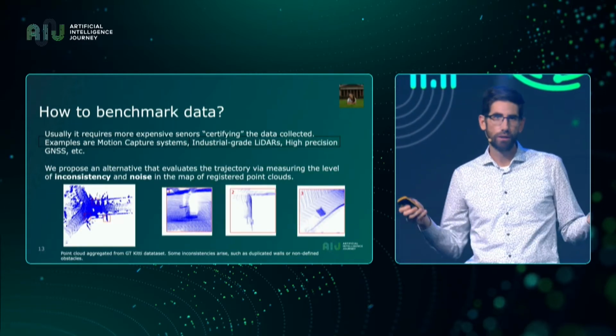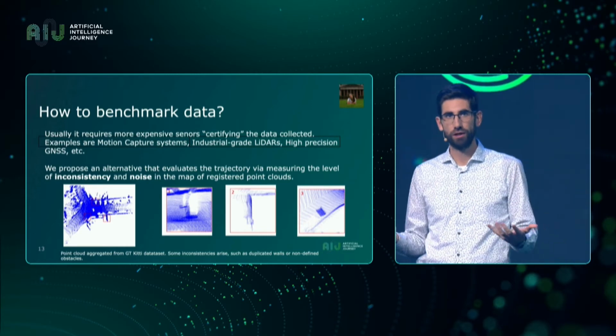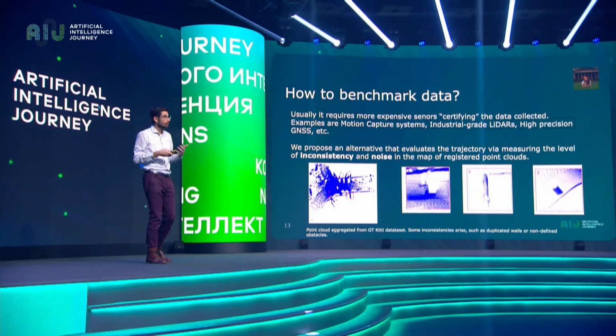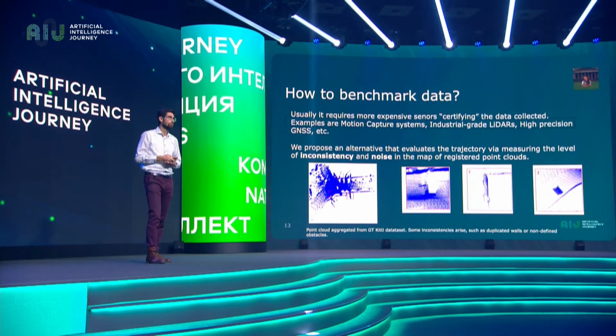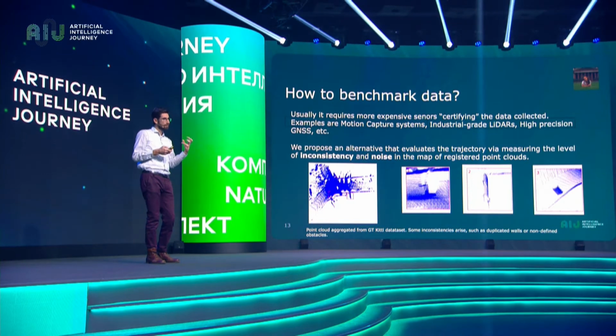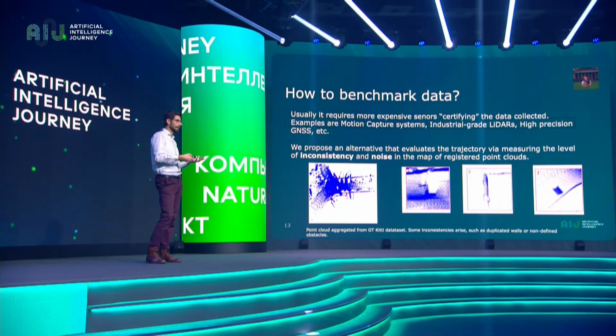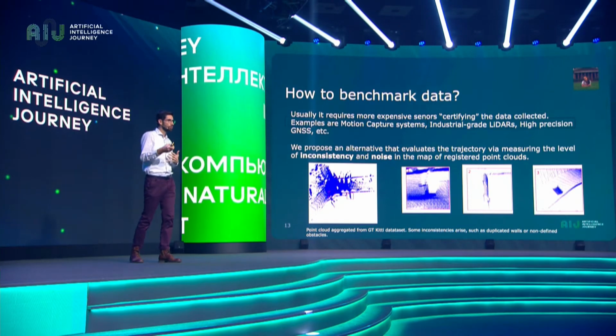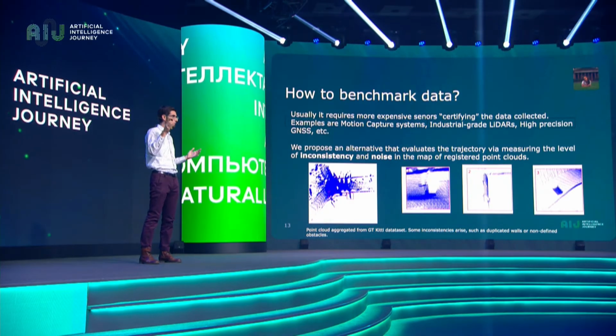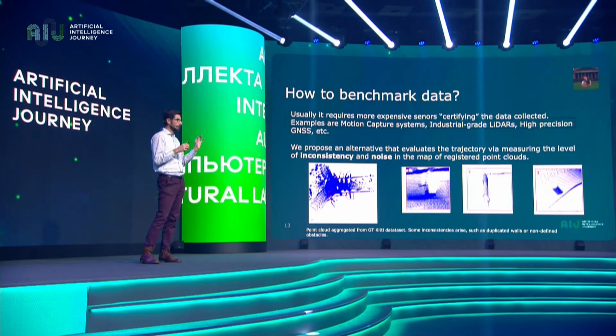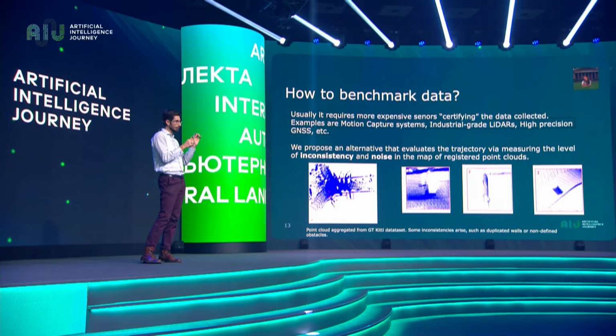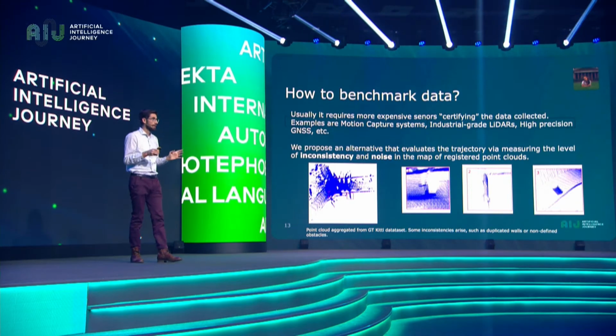Okay, another interesting question that we were asking is, after we solve this problem, how can we know that this solution is good? Let me explain this. After we go around this person, we are getting the previous positions of the camera. So how can we know that this solution that we have calculated is good? Usually what we have is a more expensive system answering this. For instance, examples of these are motion capture systems that are used in movie making and other things that are capturing at sub-millimeter precision the positions of reflective markers.